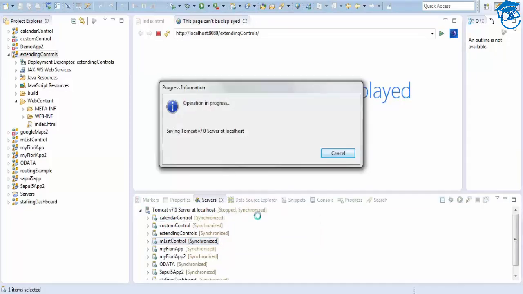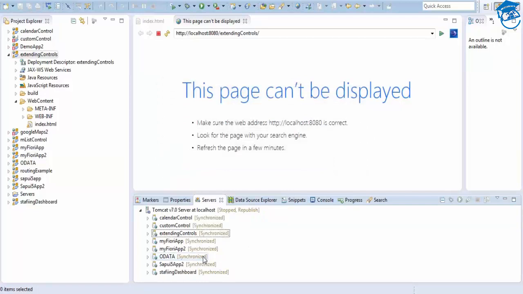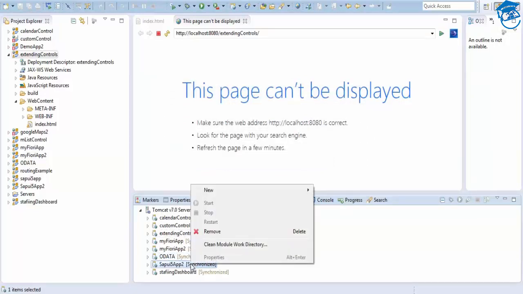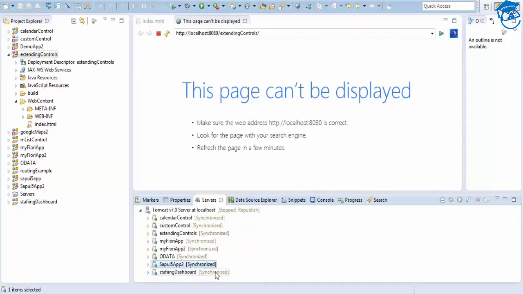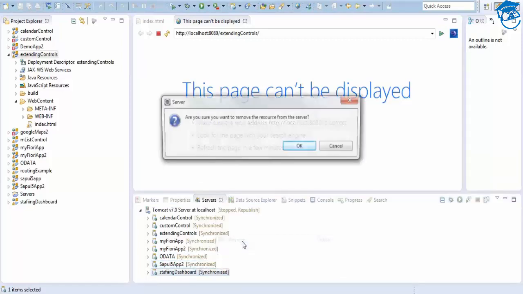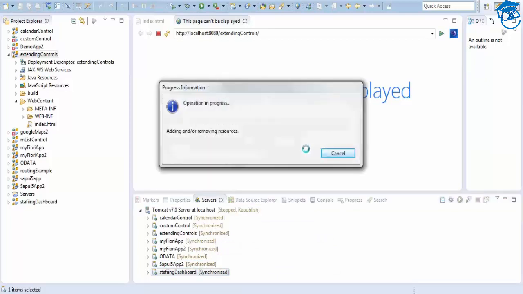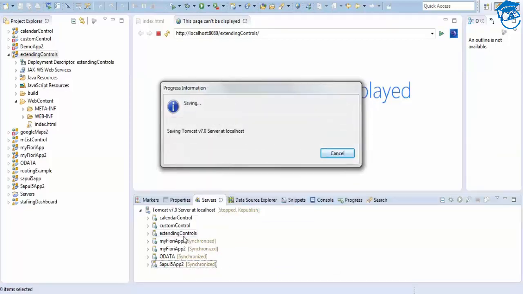So I'm going to clear few things. So SAP UI5 app 2. Yeah, I'm going to remove you. Okay, so ours is extended controls that has been added.